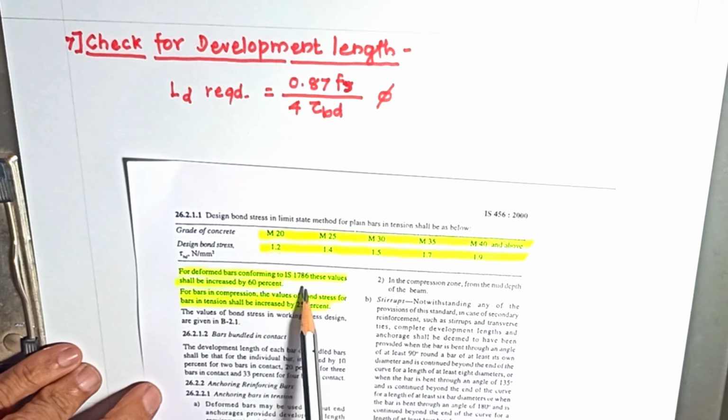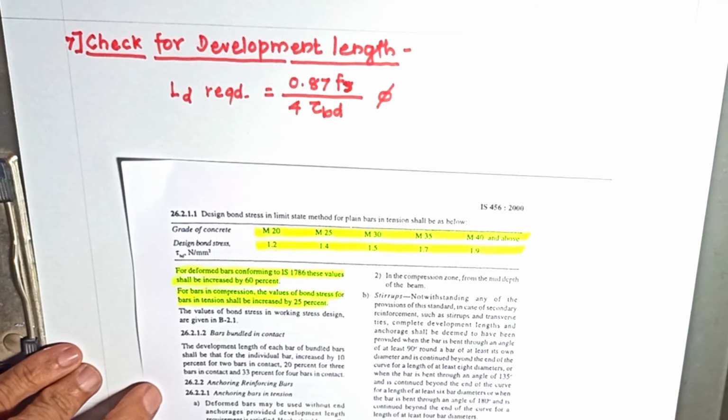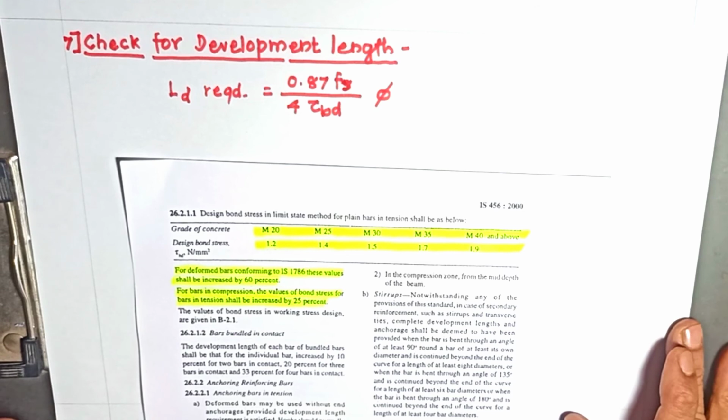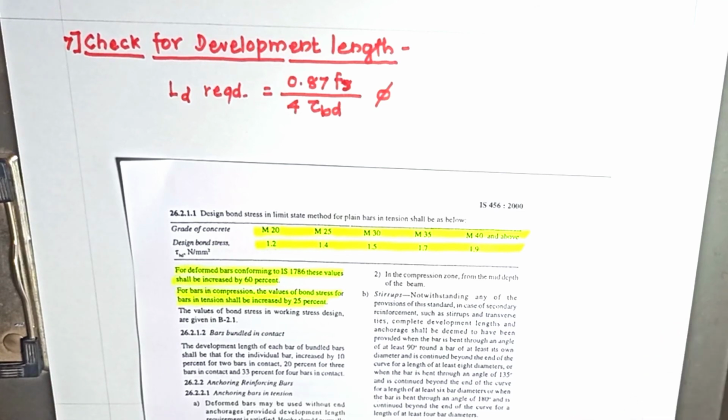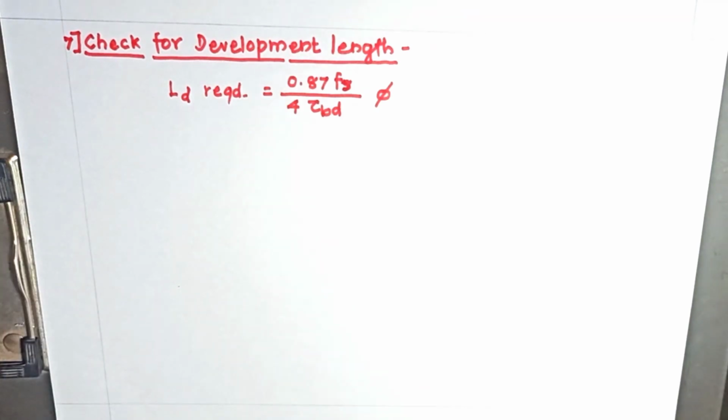Ours are deformed bars, so you will have to increase it by 60% because it is in tension. If it is compression, you will have to increase it by 25% more. But here the bars are in tension, so you will have to increase it by 40%. Okay, so